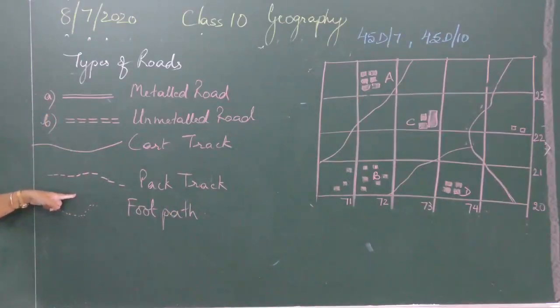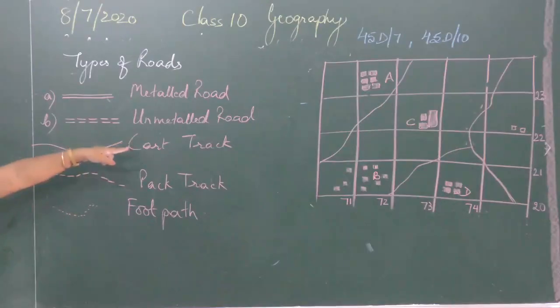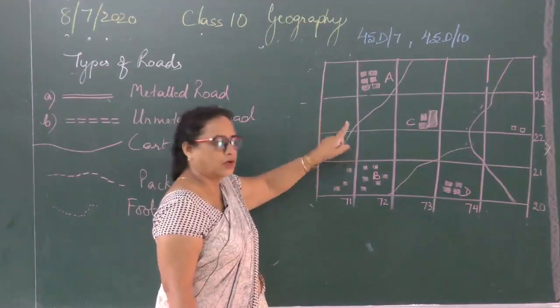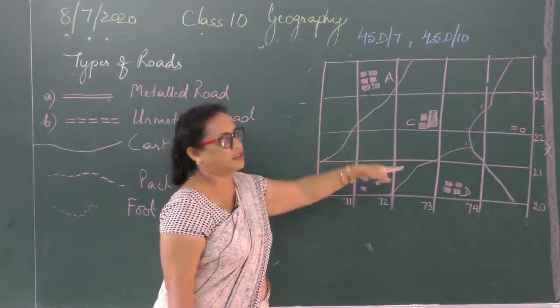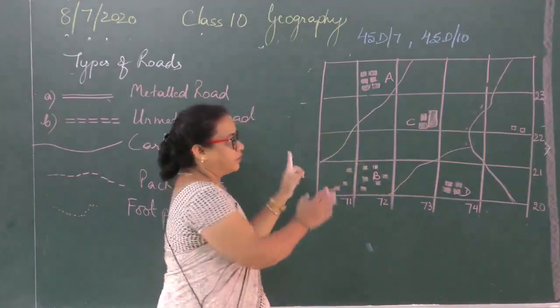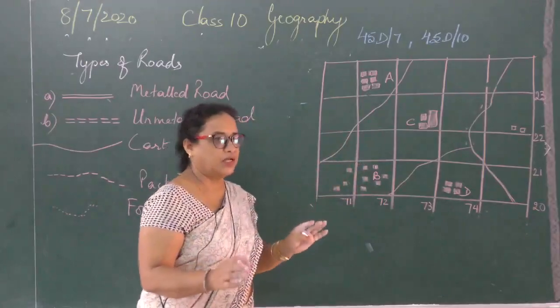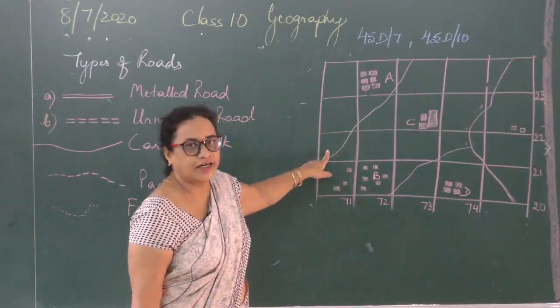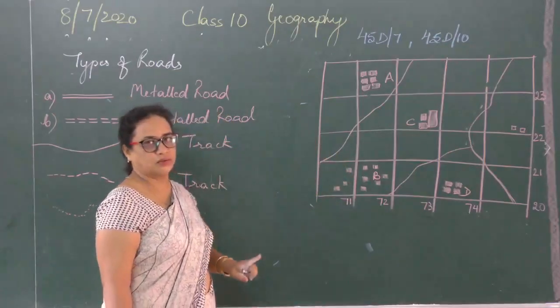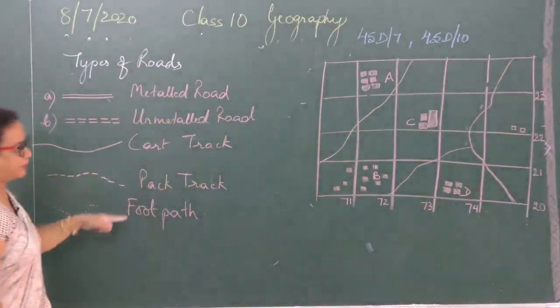And they will not ask you directly about roads; you will be asked what is the method of communication on the map. So by looking at the roads, here I have not drawn metalled, unmetalled or any other type, simply cart tracks I have drawn. That too very limited cart tracks. So from this, what conclusion do we draw? That the area is an undeveloped area. That is why the transport system is not good. Okay, so this you will have to learn.